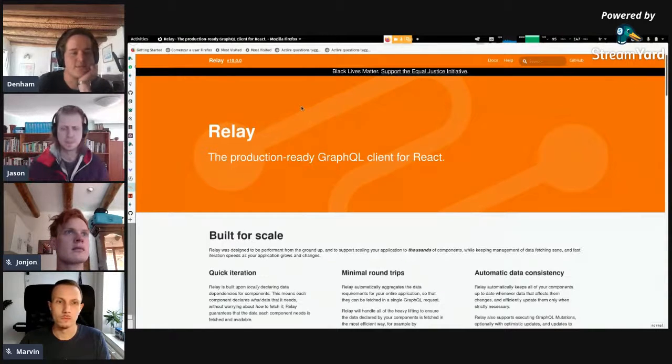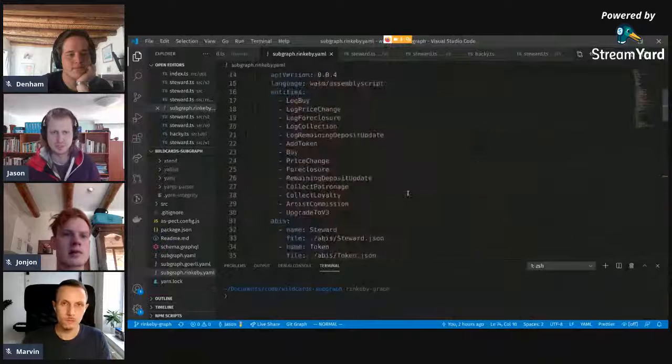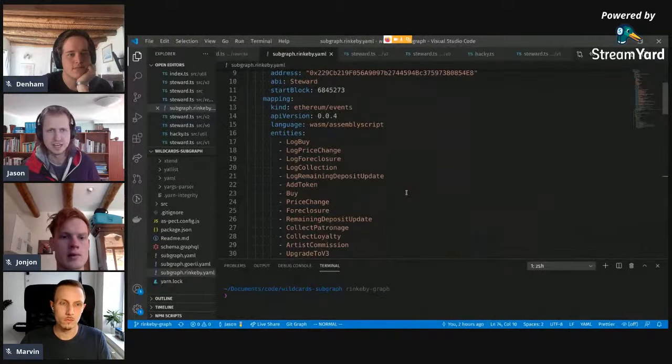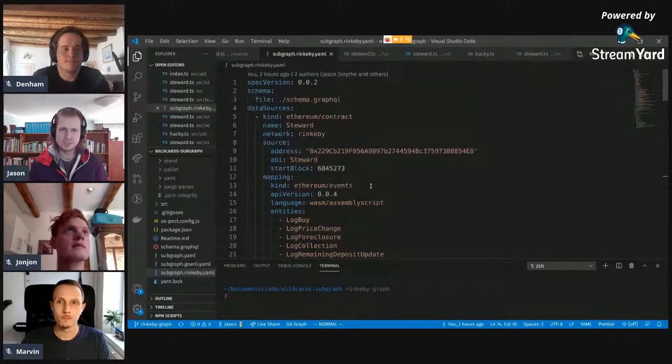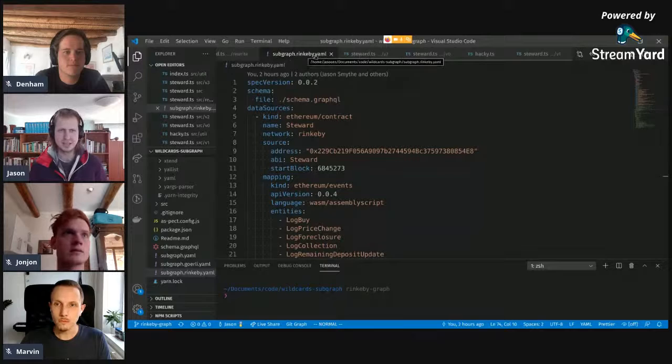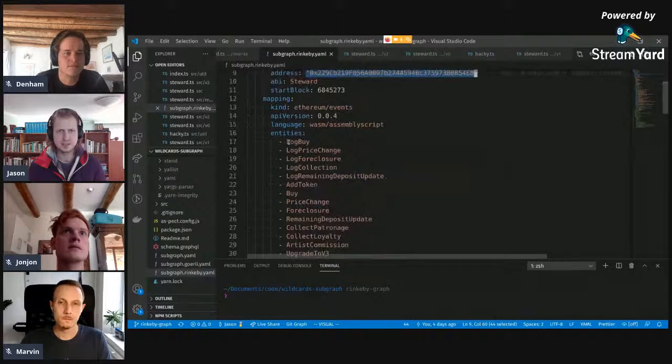Yeah, I think let me quickly show you some code. I won't go too into the details. But the question is, how does this get data from Ethereum? And it all starts essentially here in your schema, your YAML config. Obviously, you need to have the address of your contract. You need to specify the